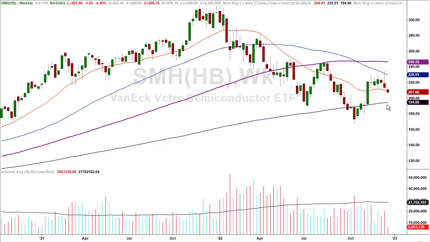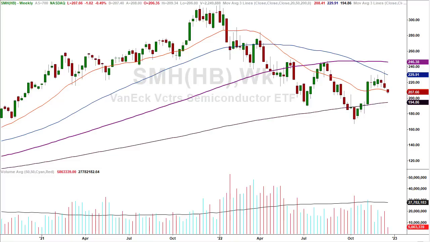If they're going to go much lower, then we start talking about that same location we just did on the daily chart. But again, here's your 20-period weekly moving average. Are they going to hold this or are they going to give it up? I think the next day or so is going to be very, very critical for the tape.